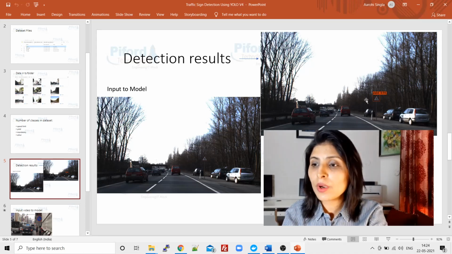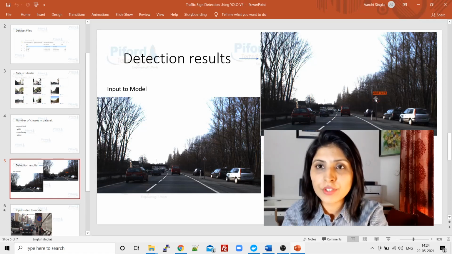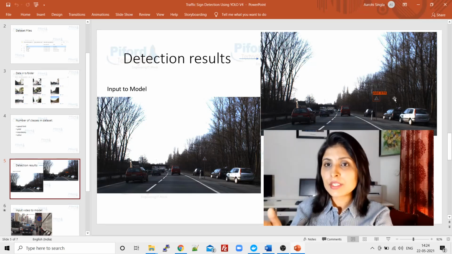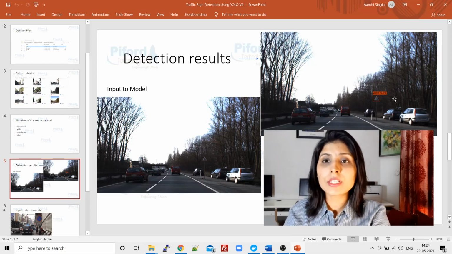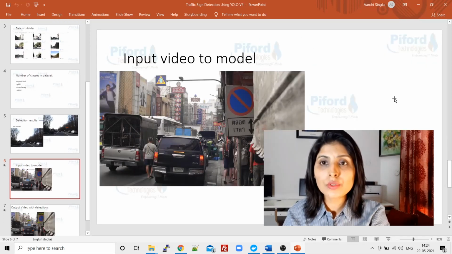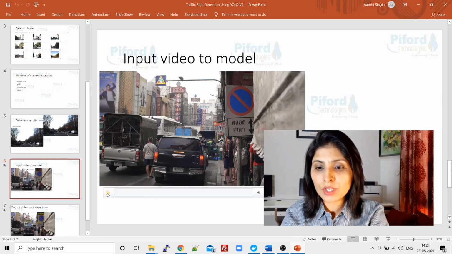You can see our algorithm is telling us that this is a yield sign, and it also shows the confidence percentage. This is how it will work on images, and I will also explain how to use YOLO V4 on videos.